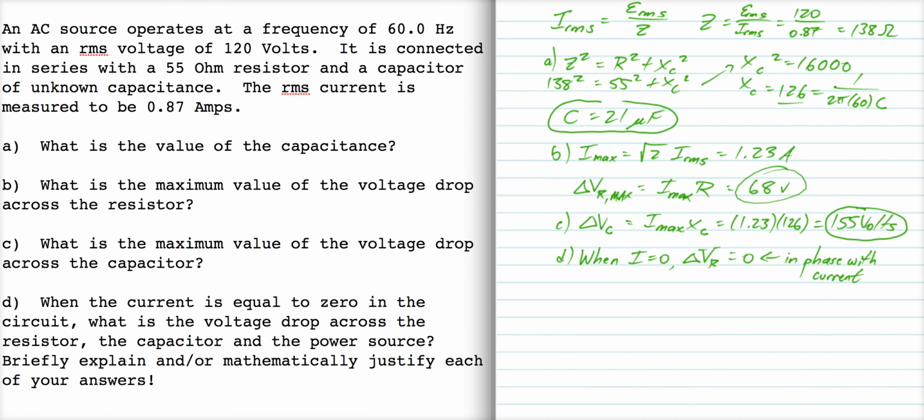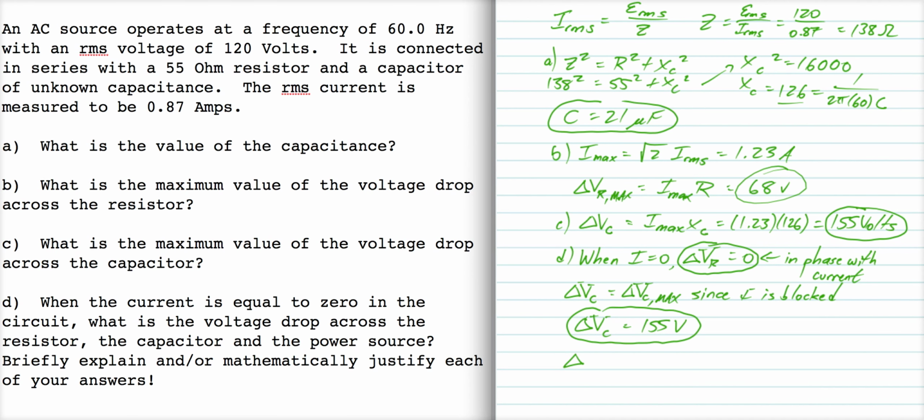Now, at this time, delta V across the capacitor must equal its maximum possible value, right? Because why else would the current be 0? The current is blocked in this case. The current is 0, and so the voltage drop across the capacitor at that time must be 155 volts, right? And of course, the loop rule works at that moment. So at that moment, the voltage drop across the power source... So the voltage drop across the resistor is 0, the voltage drop across the capacitor is 155, and